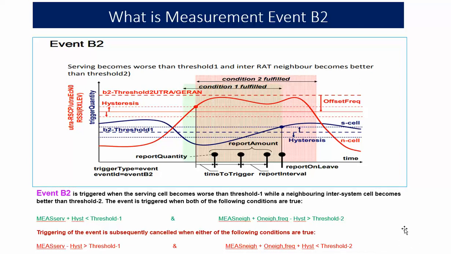So if you get any inter-RAT related issue, we need to check what parameters are defined for the B2 event. We need to go and check the parameters, for example time to trigger and the thresholds B1 and B2, what is defined, and you can change them and get solutions. It may be possible that it is due to some other issue also, but we need to check